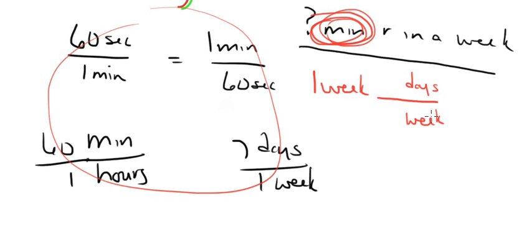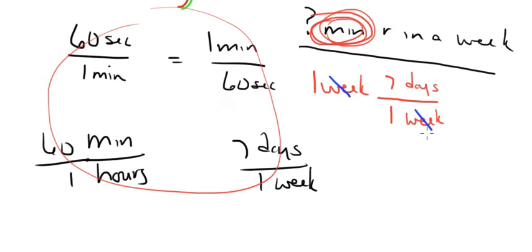But they want you to do it that way for a reason, because you're going to be doing this throughout your mathematical life. So you've got to understand this way. Okay? So here's what we're doing, guys. What do I know? I know that 1 week has 7 days. Would you agree? Okay, so what do I get to do because of this? Now I can cancel out my weeks, right?